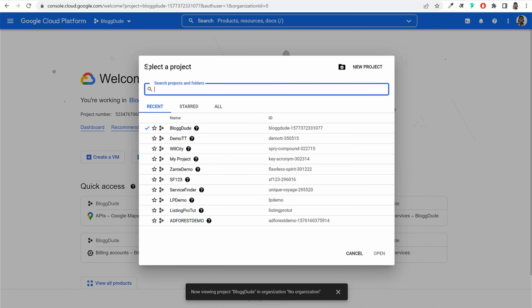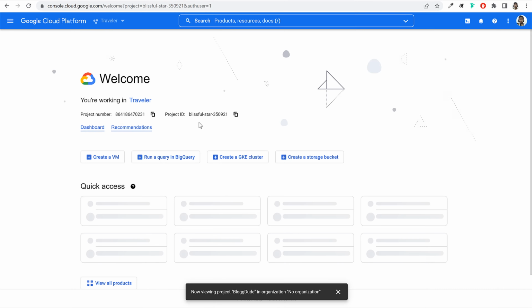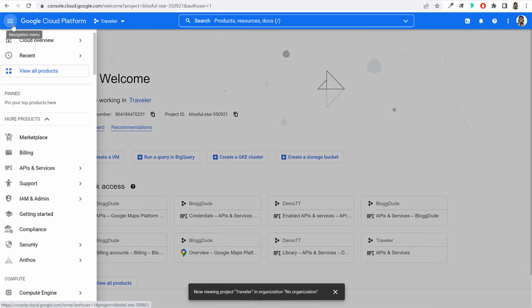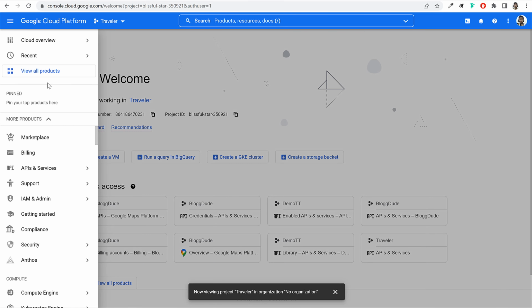If you want, you can click on over here, and here it is. Click on Traveler. Okay, now you can see this thing. Now once you create your project, we have to enable some APIs for this. So we want to display map API, so we can click on this hamburger icon, this three lines icon, and